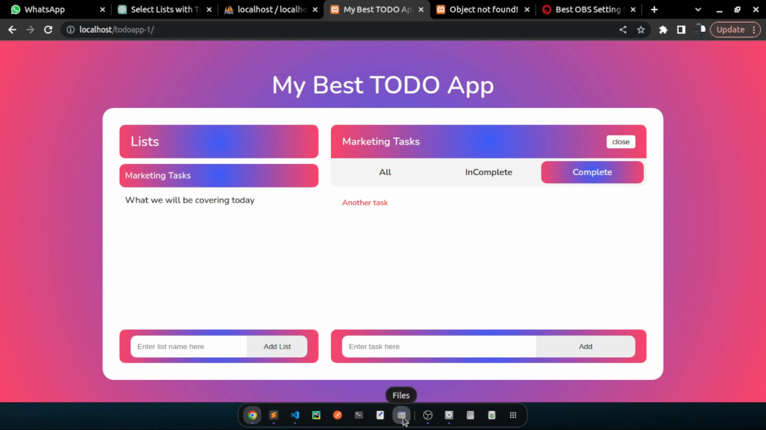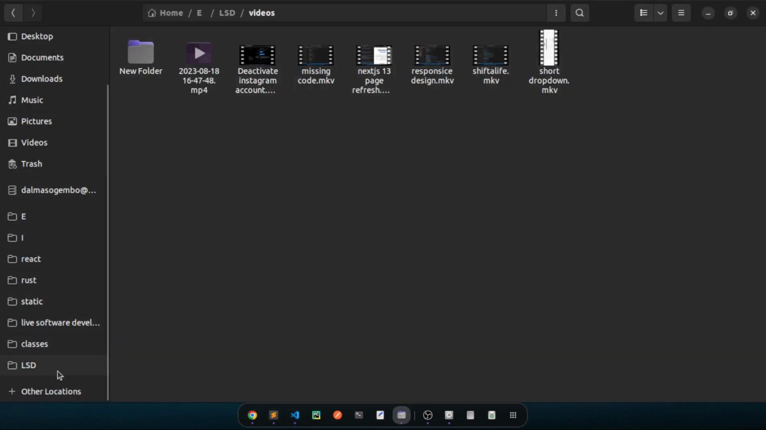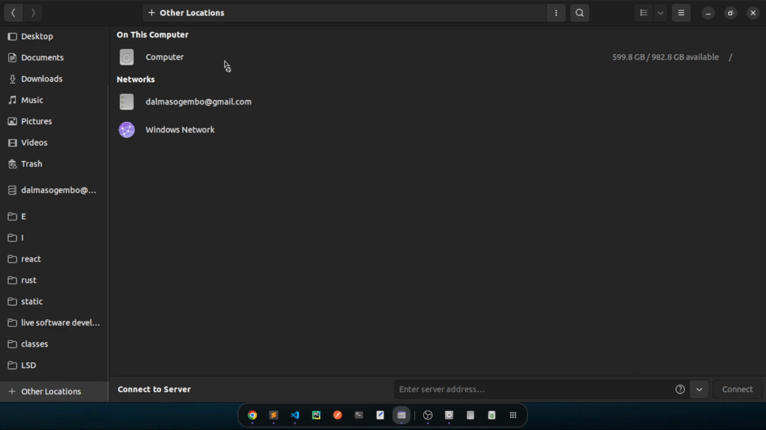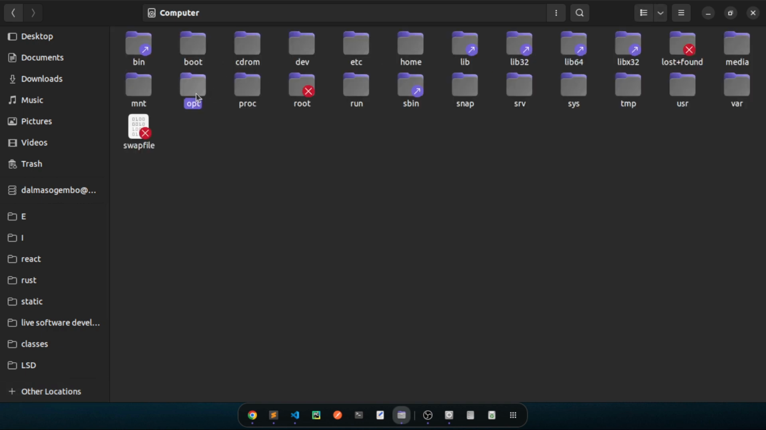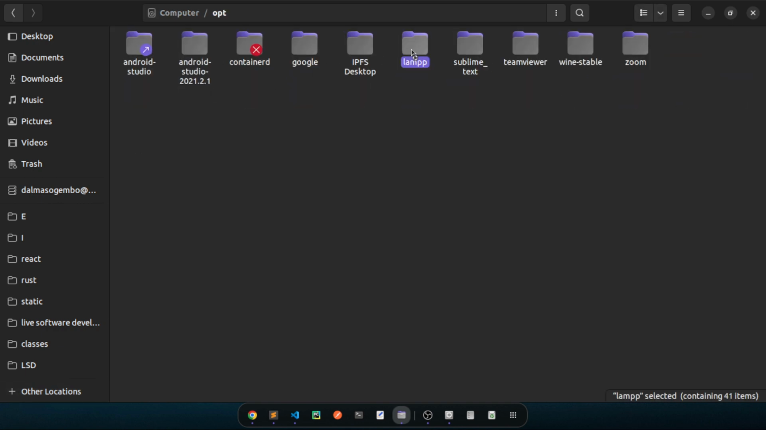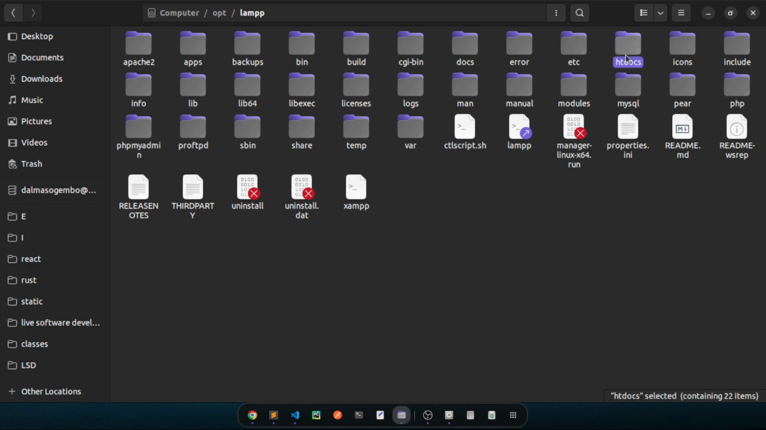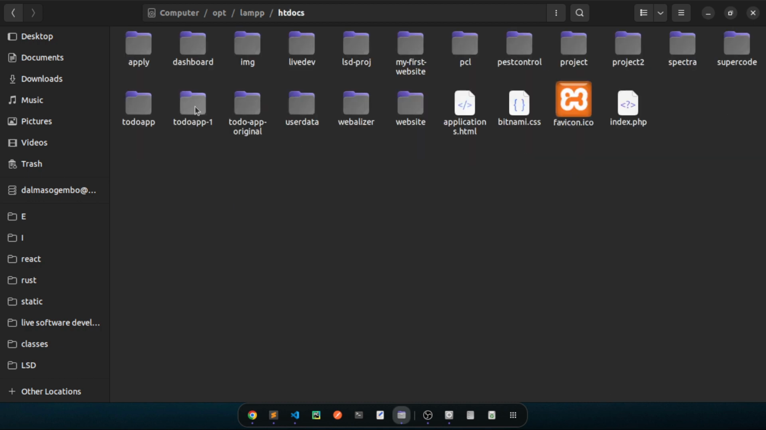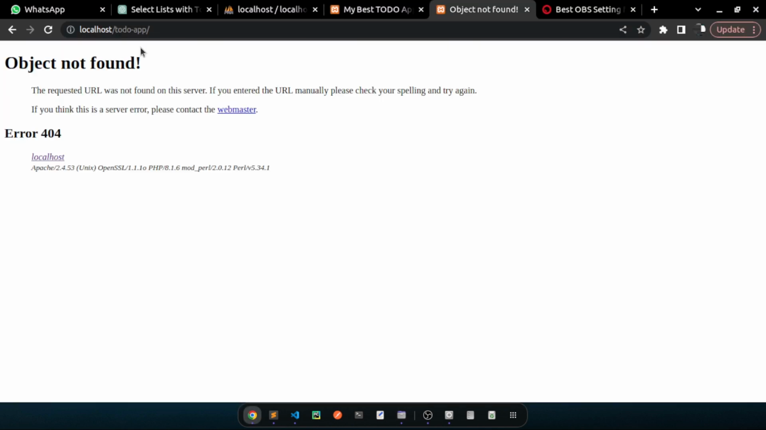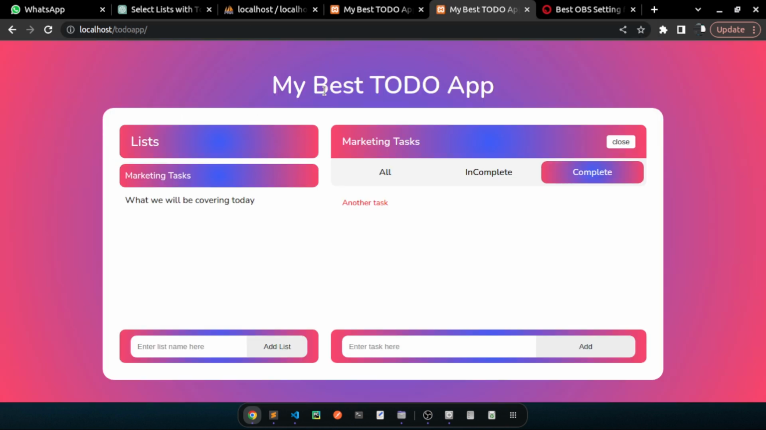Let me make sure I have the two instances running correctly. Just a moment, I'm going to my opt lamp, then htdocs. I should have to do app 1 and to do app. So this should have been to do app, like this. This is what I want to change from using